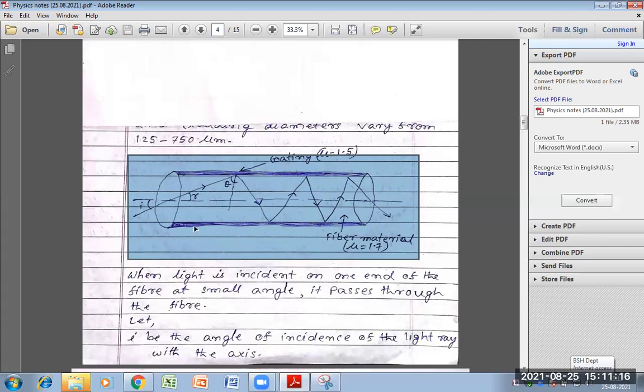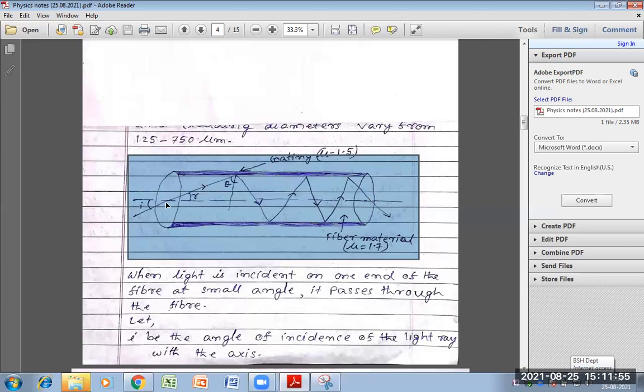and this part is cladding. The refractive index of the core, look at my cursor, is N1 and the refractive index of the cladding, this part, is N2. Here the axis of the optical fiber is given. So these are the total internal reflections, meaning the refracted ray. We consider an optical fiber through which light is being sent. The end at which light enters is called the launching end. This end.